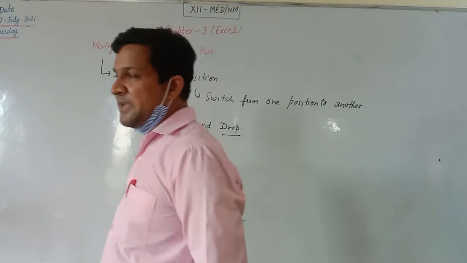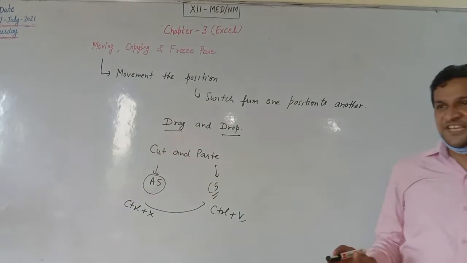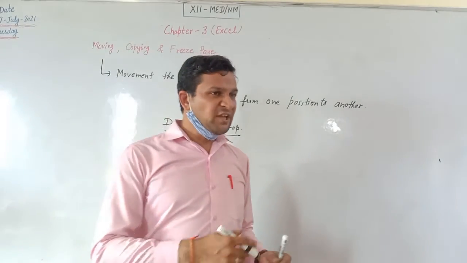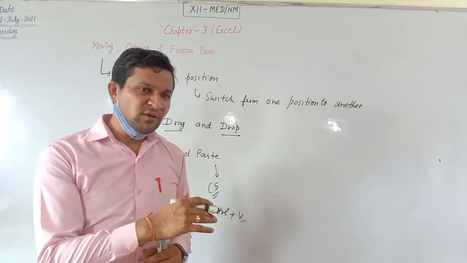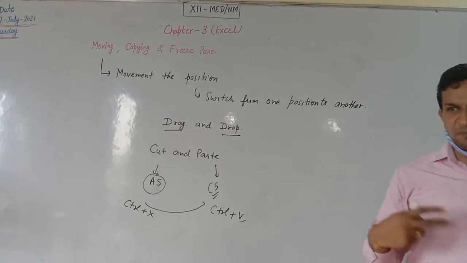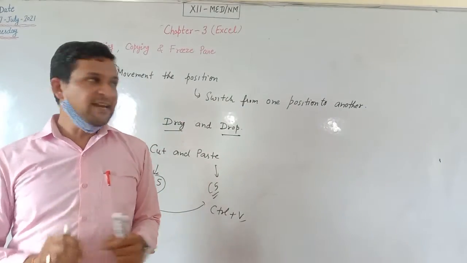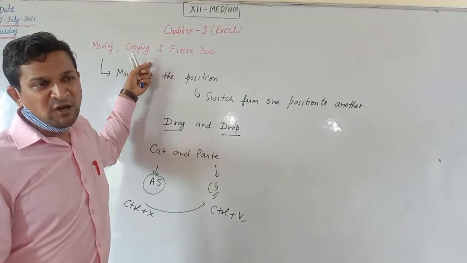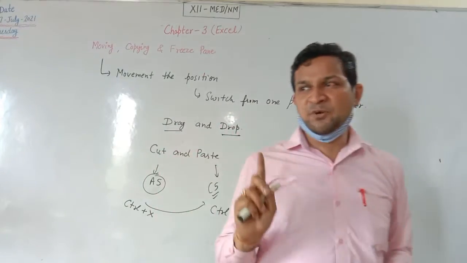Next is copying the cell. What is the difference between move and copy? Move will change the position of the cell, while copy will make a duplicate of the content on the same window or another window. Copy will create the double on the same position and on another position, while move will change the value to the other position. In case of copy, the value is available in two locations. In case of move, the value will be available in a single position.